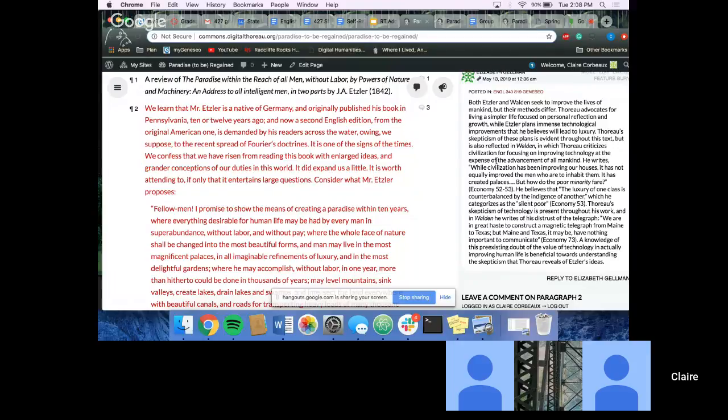And reading, it's interesting because in his critique, Thoreau is mostly quoting back what Etzler has said, and he does it in a very sarcastic and quibbling tone. So it's sometimes hard to understand, because if you read it very quickly, it would almost seem as if Thoreau was agreeing with Etzler. But you need to have knowledge from Walden, I would argue, to know that he's really against this sort of thing, because he would argue that man can't control nature when man is barely in control of